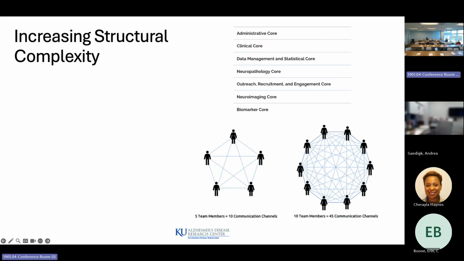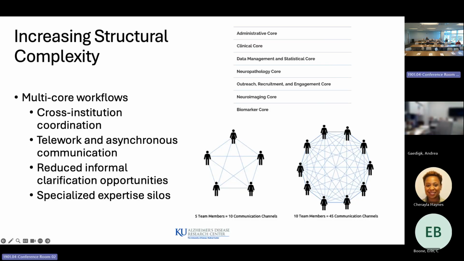And if this is happening across a campus, across the country, or even across the world, this becomes increasingly difficult and we suffer for it. So again, we have these multi-core, I refer to it as a core because that's in my workflow, but it might be a department, it might be an institution, it might just be working with one lab and another lab.